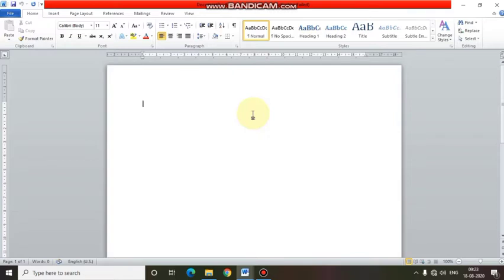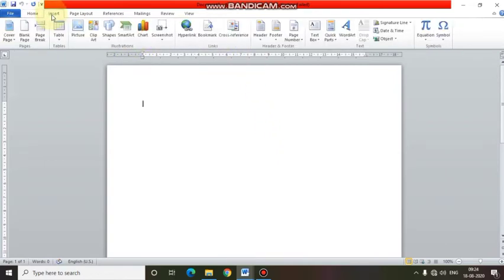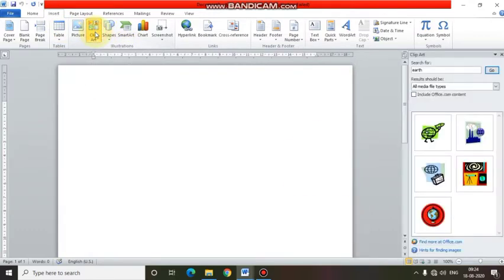For inserting clip art, everyone open page number 49 in your book and read the steps along with the video also. Okay. So the first step is click on the insert tab. Let's click on insert tab. Then step 2, click on the clip art option in the illustration group. Here is the illustration group and now click on clip art. The clip art task pane appears on the right side of the window. This is the clip art task pane.